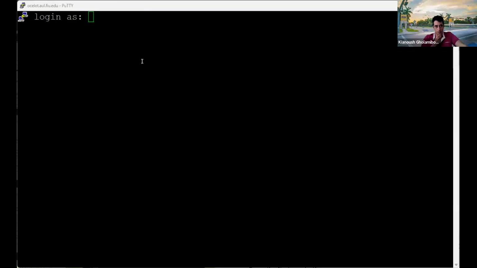This is the window that opens up. It's a black and white terminal, which you can type things like